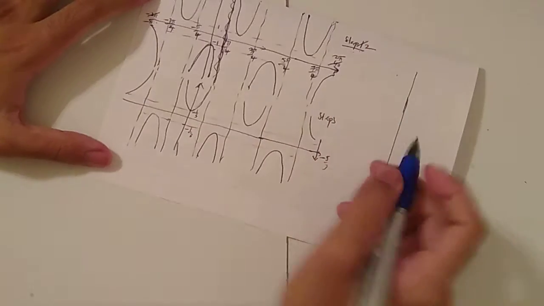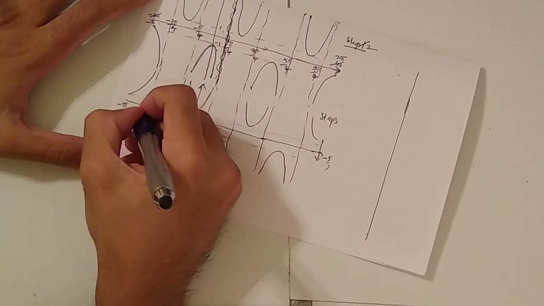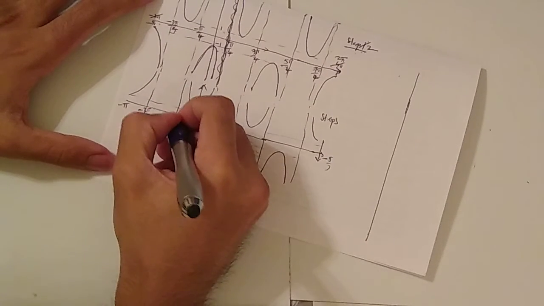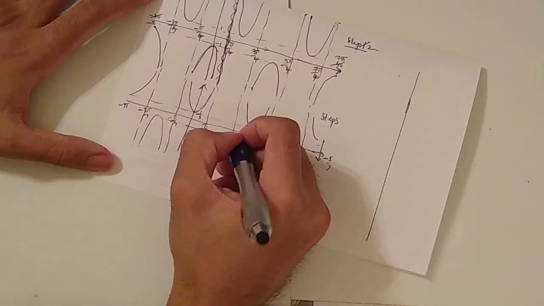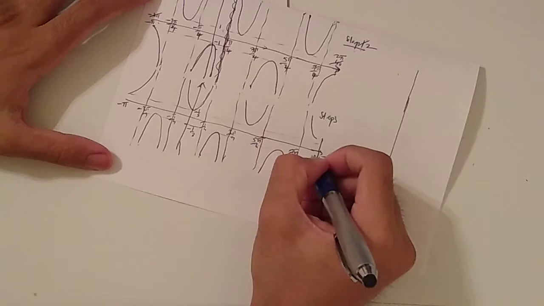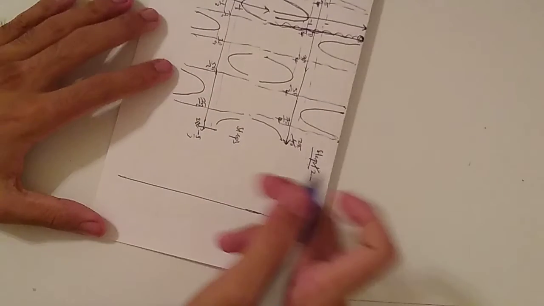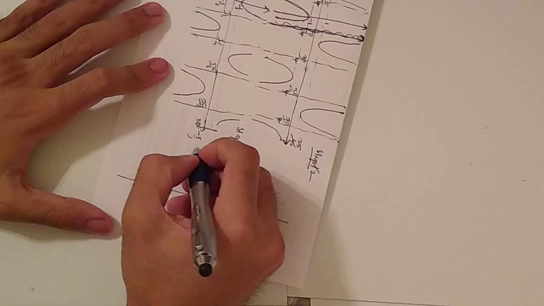Just before you mention that, let's complete this axis here. Minus 3 pi by 4, minus pi by 4, pi by 4, 3 pi by 4, 5 pi by 4, 7 pi by 4, and this is 2 pi. Alright, so we are moving it downwards by 5 by 3, so we get